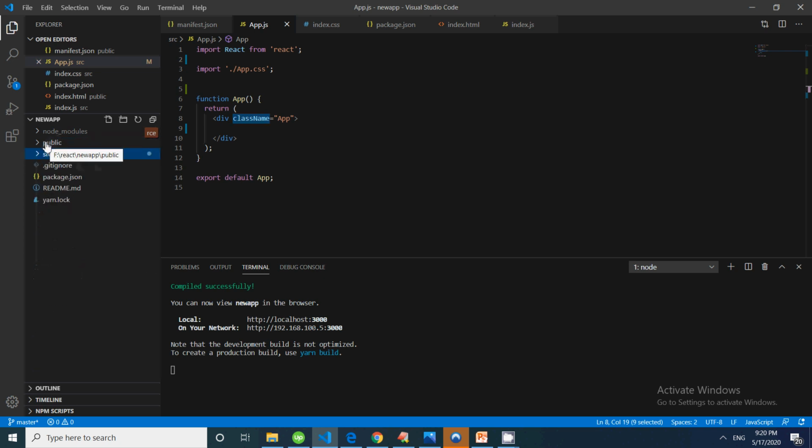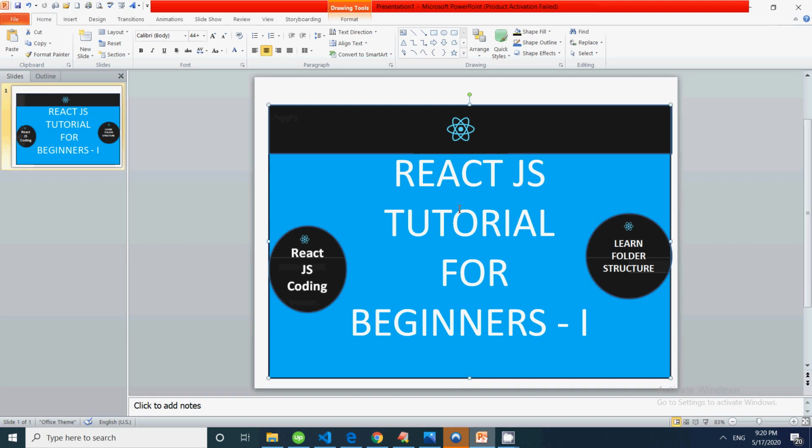You can see we have the public folder from where your application runs and is loaded in the browser. We have the source folder, in which all the source files are kept. Since React is component based, everything in React is a component, so we create different components as JavaScript files and then load them. So friends, this is all about the folder structure and what React is. In the next video, we will discuss how to create a component using Create React App.